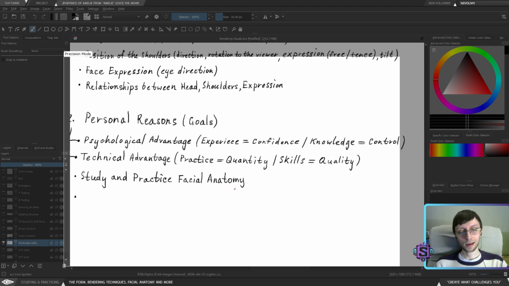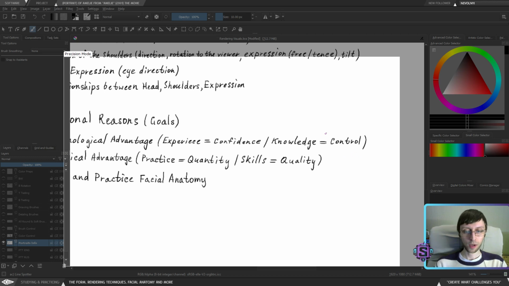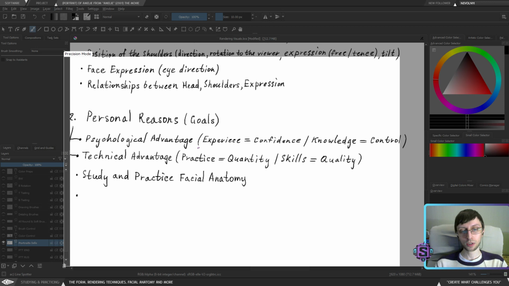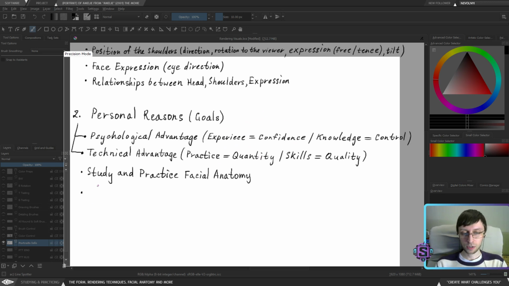This is not something that will completely change your way of creating things. Your psychological advantage is going to be your own. The technical advantage could be similar within all artists, because we all need to work with skills, we all need to practice, and this is much more universal.